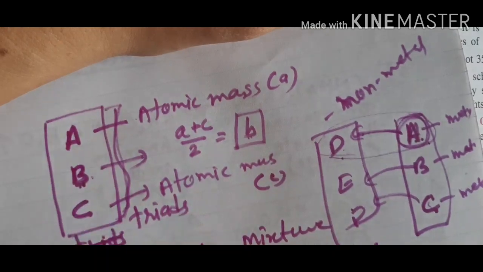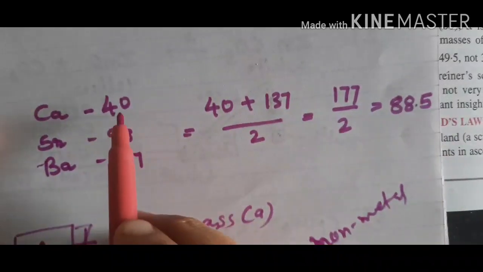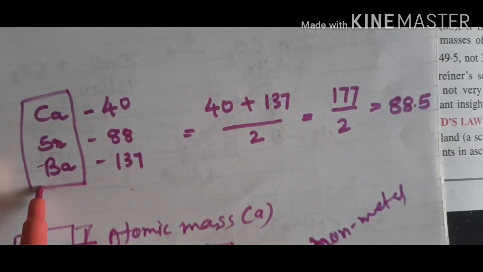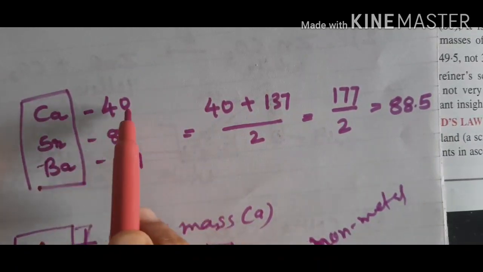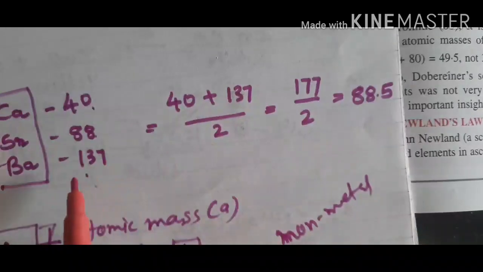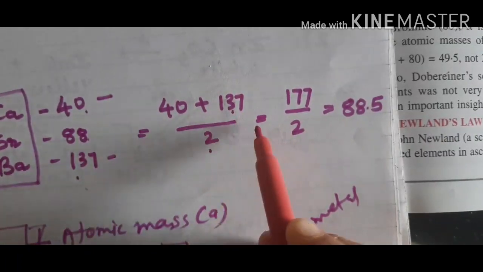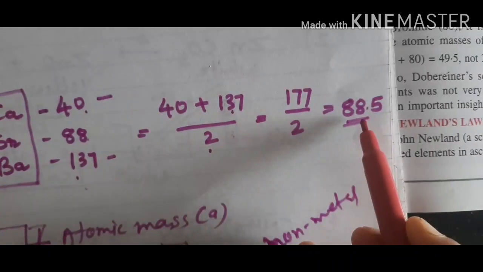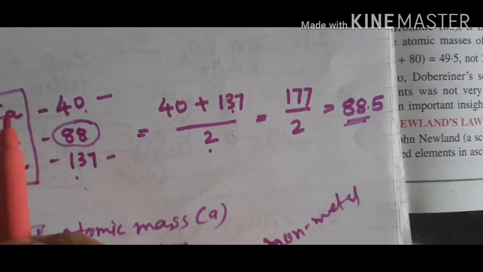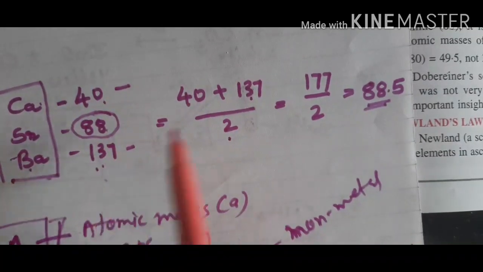Okay, I repeat one more time. I am giving you an example, it is given in your textbook. See, calcium's atomic mass is 40. Dobereiner first put calcium, strontium and barium in a triad. Calcium's atomic mass is 40, strontium 88 and barium 137. On the basis of that, 40 plus 137 divided by 2 is equal to 88.5, which is nearly strontium's atomic mass. So that is why he put them in a triad: the average of the first and last elements' atomic masses is the middle element's atomic mass,